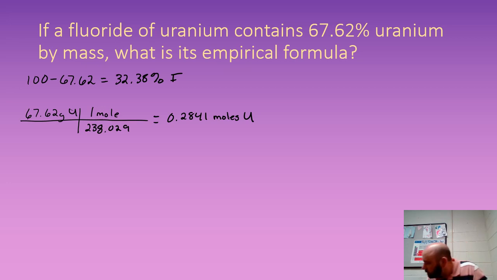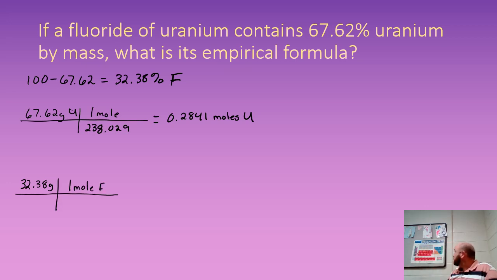And then for fluorine, that is an F, by the way. For fluorine, we will do 32.38 grams. Set up a conversion. 1 mole of fluorine is approximately 18.998 grams. We do 32.38 divided by 18.998, and we get about 1.704